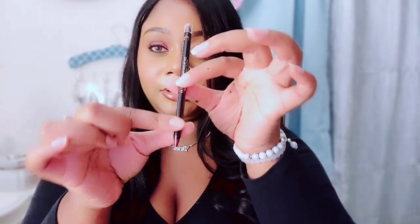Love. And next we have the Dior Show 24-Hour Intense Waterproof Eyeliner, and this is in the color Matte Red. So the thing about these, you just pop it off. So it looks like this, like a little pencil. Pop the top off. I'm going to swatch that, and this is a cute little burgundy matte red. This is where I drew that line right there. So yeah, love, love, love, love this. I'm going to enjoy this because I don't have a burgundy or red eyeliner, and I've never done colored eyeliner. I've always done black, so I'm super excited to use that